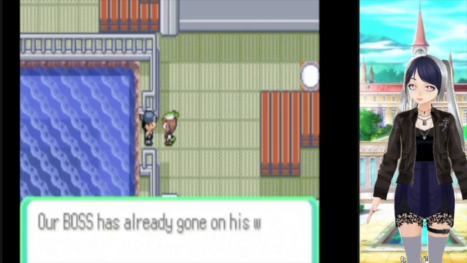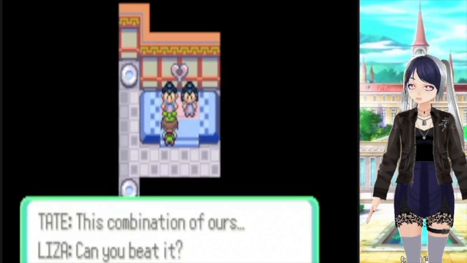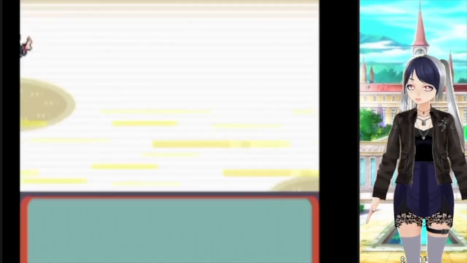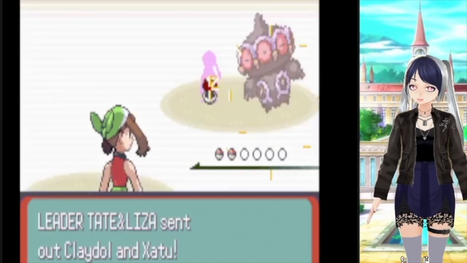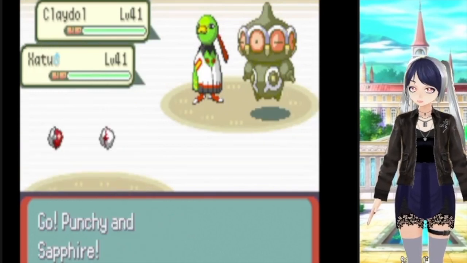And that's it. Why do I think he had a Sharpedo? Like, there's no way Courtney would have underestimated her opponents like this. Be more like Courtney, guy. Either way,